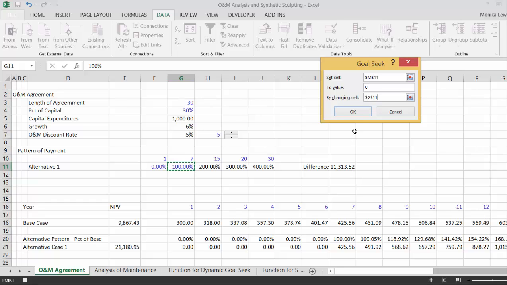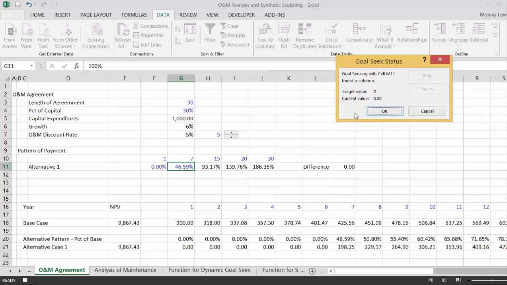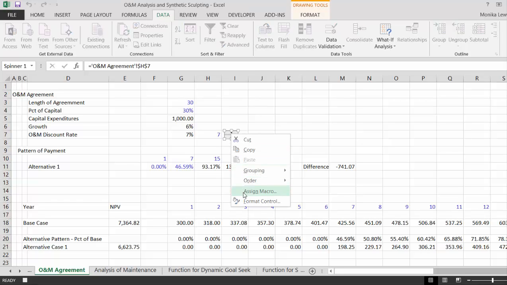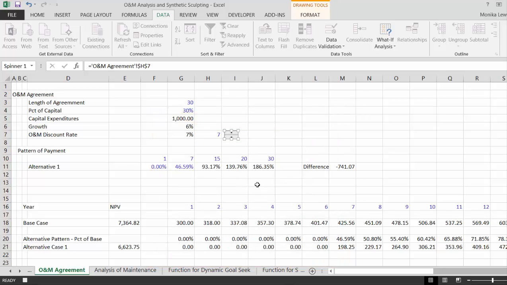We absolutely should have to name the ranges, so that's the name. Now the problem is when we change the discount rate, we'll get a different discount rate. So what we could do is just put this here, and